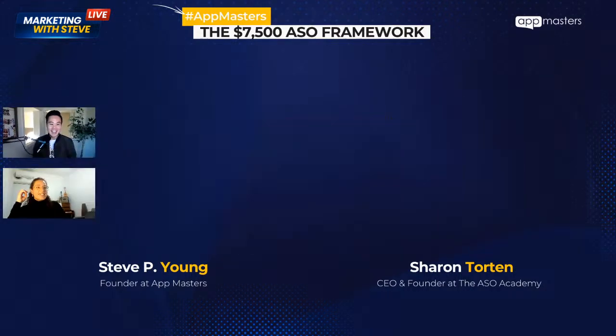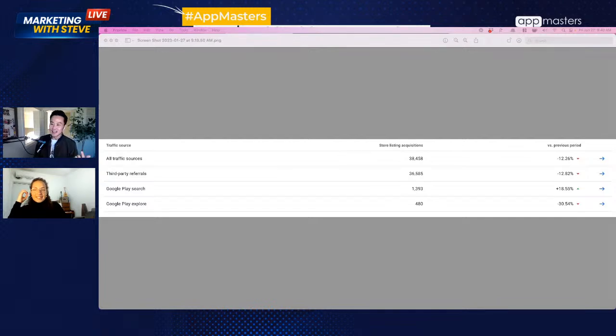Hey, I want to close the loop on this. Before I got frozen, in Google Play you can see we're running a lot of ads. This is one of our clients, without revealing the client itself. You can see that Google has now moved a lot of the Google Ads traffic to third-party referrals. So you can find it there, and it's not affecting the search anymore in terms of misreporting the data as well.